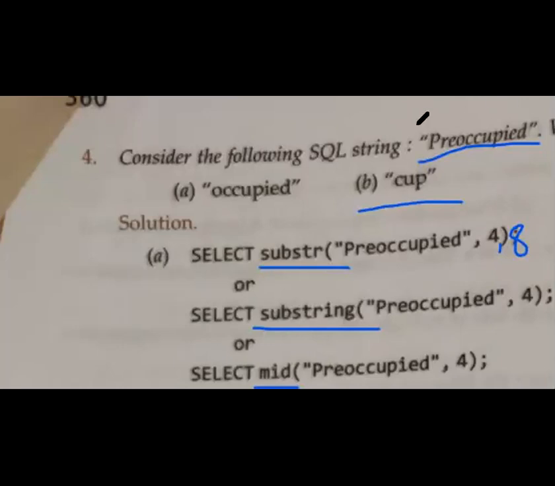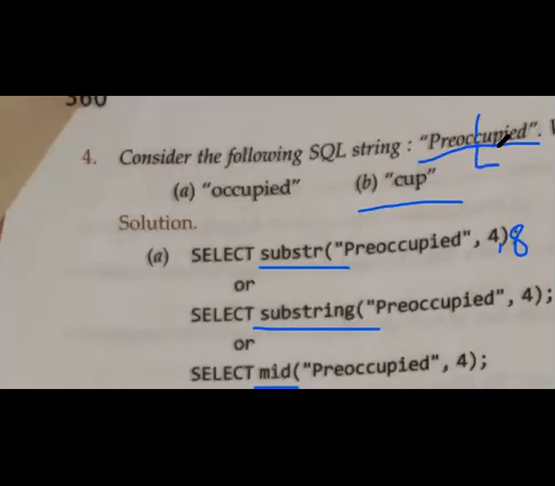Okay, now see, basically what we want is, Mantasha wrong. You have to pass the complete string, Mantasha. Now see, you want CUP. So first you have to see the starting position of CUP. We will start counting from 1. So 1, 2, 3, 4, 5, 6. Sorry. So 6 is the position for C.